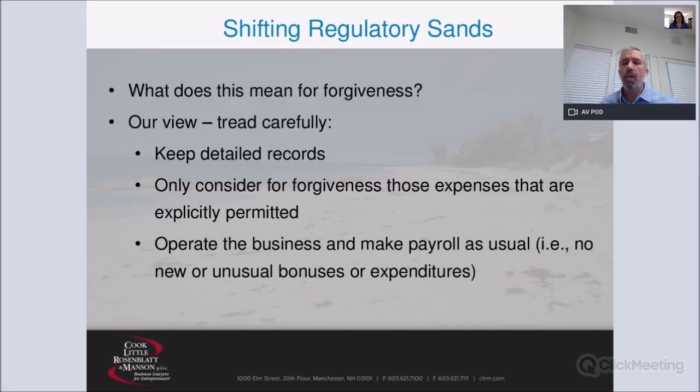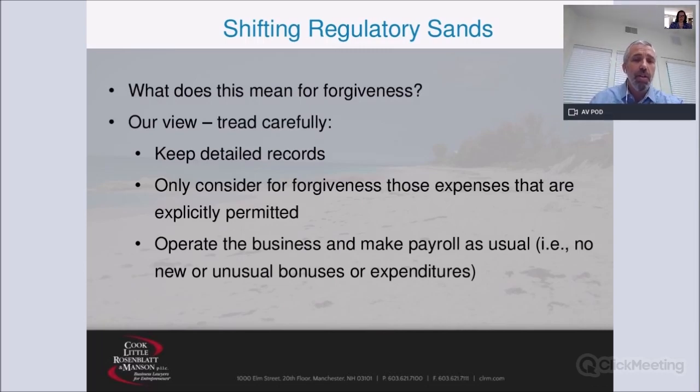Again, with the context of trying to help small businesses, economic uncertainty, keep people paid, it just provides a framework to look through as we will dive into momentarily some of the more specific rules around the PPP and loan forgiveness. And our view is you just need to tread carefully, tread lightly. And in doing that, you need to do a few things. You need to keep very detailed records. We'll talk a little bit more about the detailed records and the documentation and those strategies. I'll come back actually after Helen's comments and address some of those things.